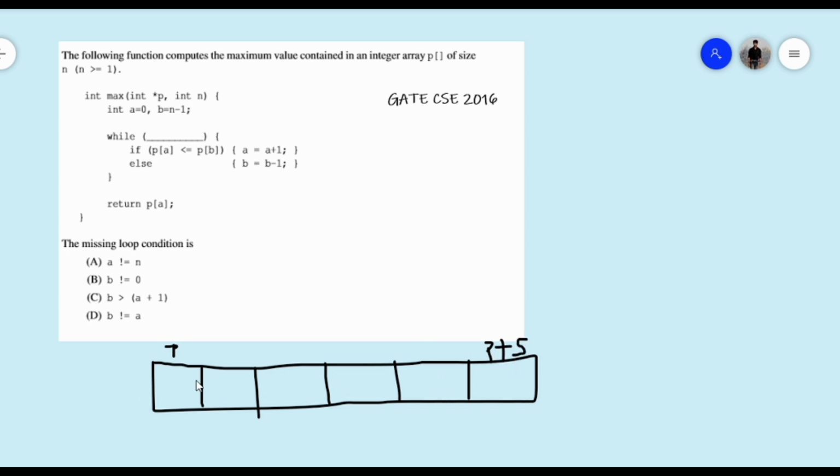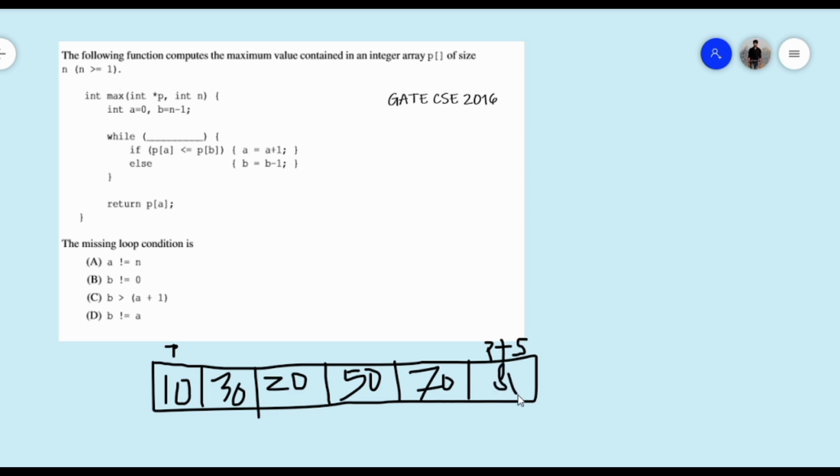And suppose we have some elements here: 10, 30, 20, 50, 70 and 80.